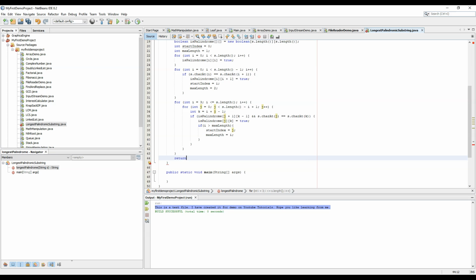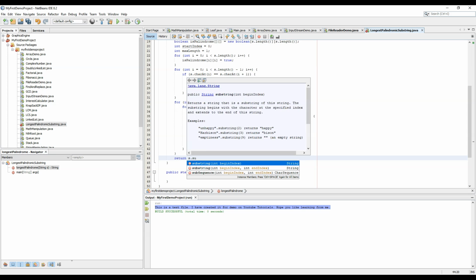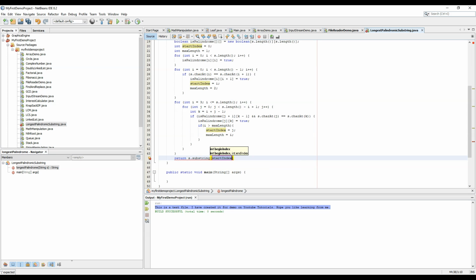So now we are going to return s dot substring start index comma start index plus max length, and this is the code. Now we need to write a basic implementation for this.